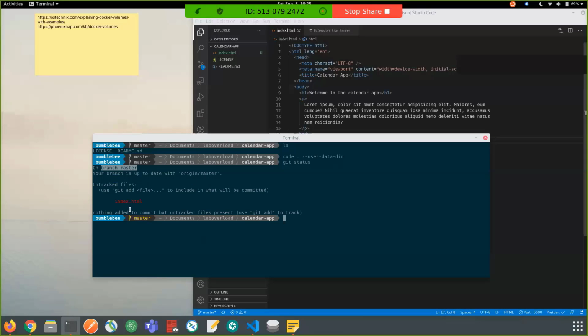Then it tells you that you have untracked files. When Git is not tracking files, it will tell you, and then it will suggest that you use the command git add and the file name to include it in what will be committed. Once you add it, Git will start tracking it. You can see it's telling you nothing added to commit, but untracked files present. Use git add to track. So let's add this file,